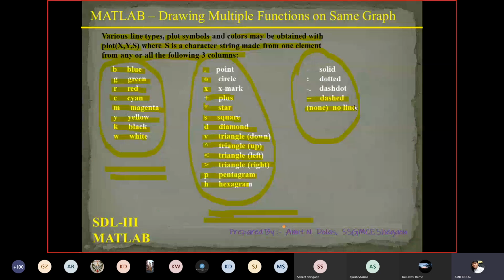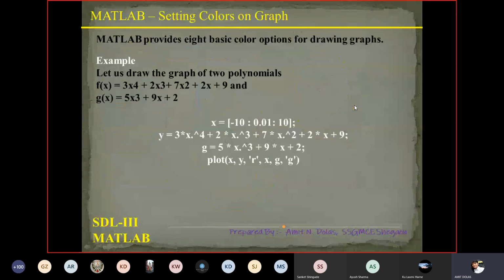So the next PPT is setting colors on the graph. MATLAB provides 8 basic color options for drawing graphs. For example, let us draw a graph for two polynomials. That is f(x) is 3x^4, it is a power, okay, while copy pasting it is different.